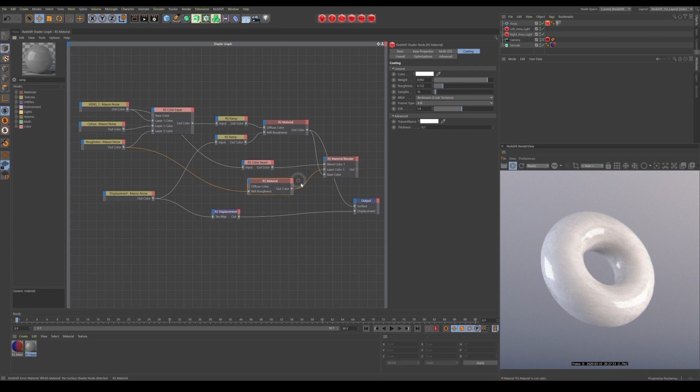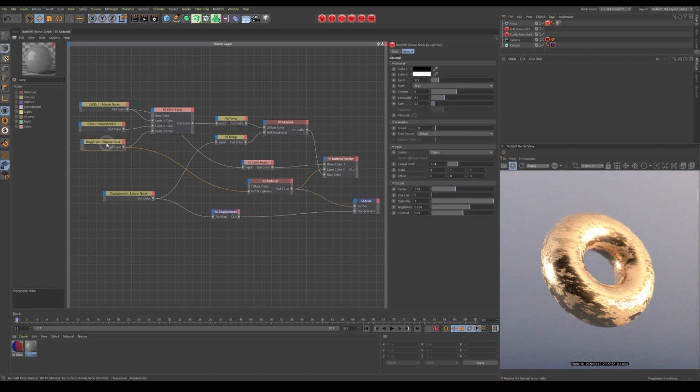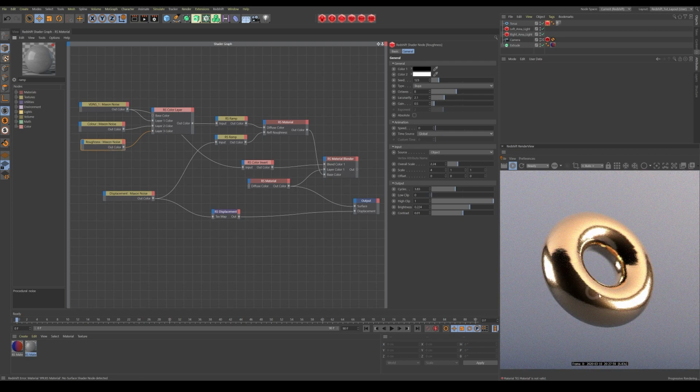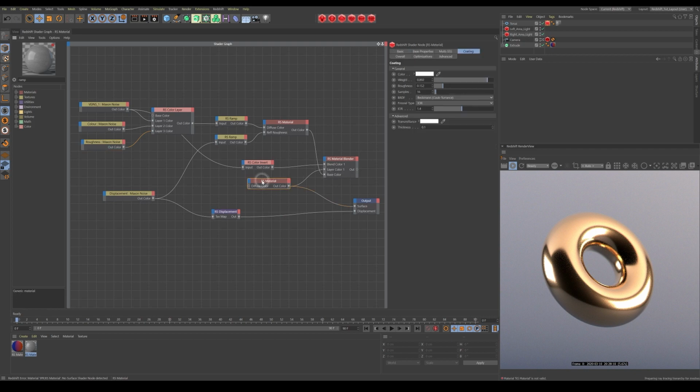But if we look at this directly, you'll see it's got the roughness coming. So if I remove the roughness, there we go. You see it's got the displacement on it as well. The reason I put the coating on is because I wanted it to fit in with the marble, so it looked like they were polished together. You know, and it revealed the veins, and then